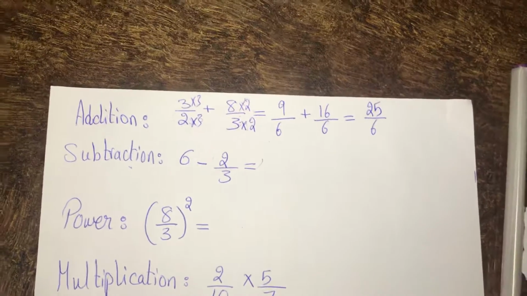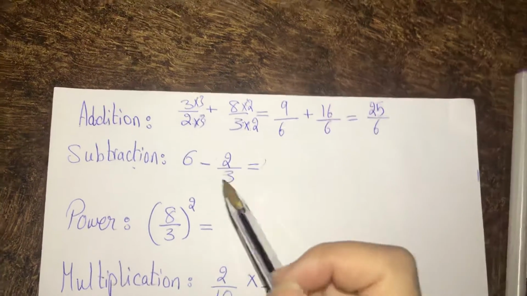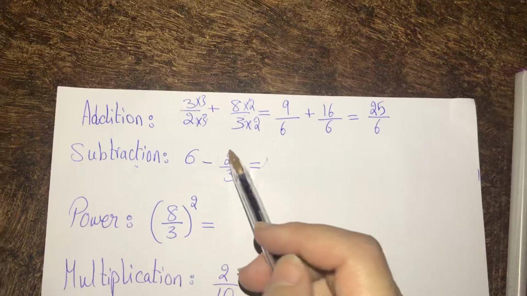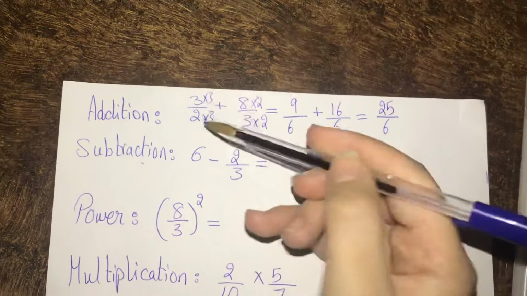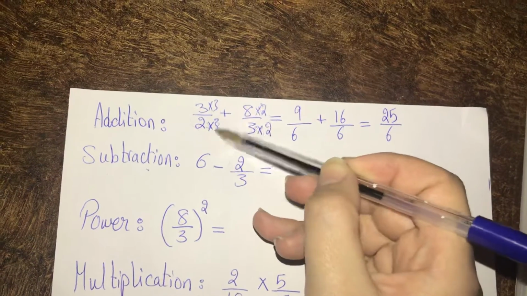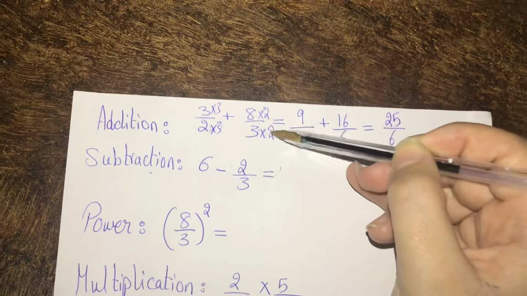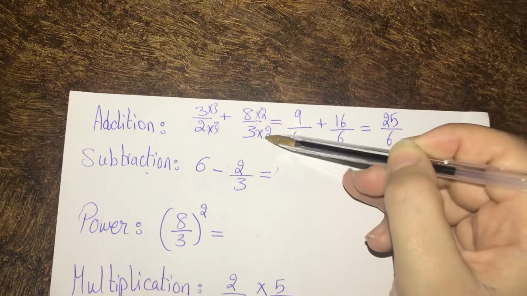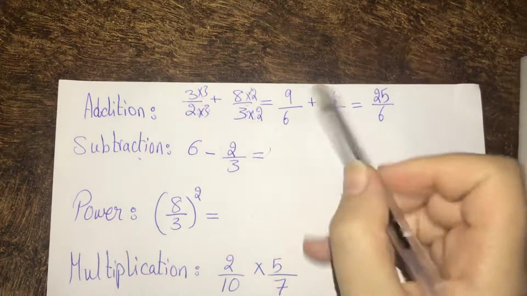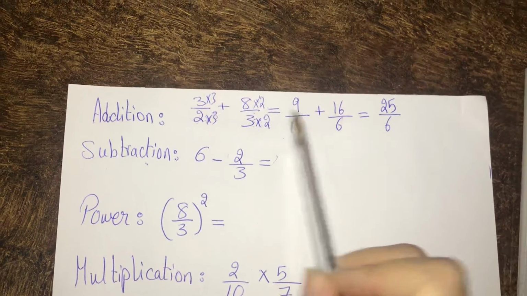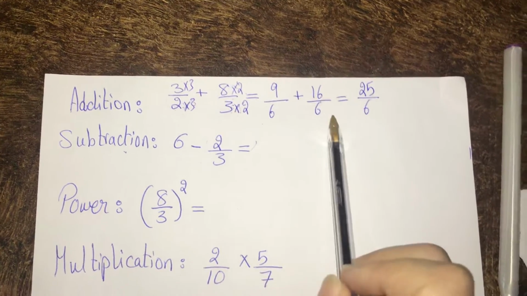As a result, 6 is the common number in table 2 and 3, so you have to multiply by 3 in the numerator and denominator of this number, as you see, and then multiply by 2 in the numerator and denominator of this number. So the result gives 9 over 6, since 3 times 3 is 9 and 2 times 3 is 6, plus 16 over